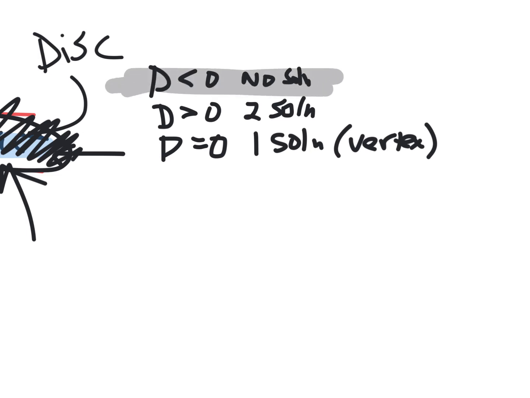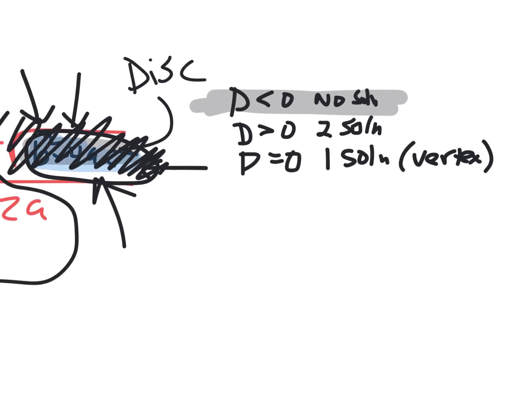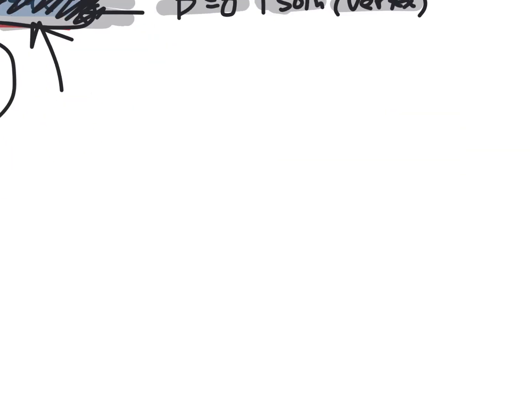Discriminant less than 0, that's this part here that I scribbled out. If that's less than 0, you have no solutions. If it's bigger than 0, you have 2 solutions. If it's equal to 0, you have 1 solution, and that 1 solution is the vertex. Okay, so if I give you an equation now,